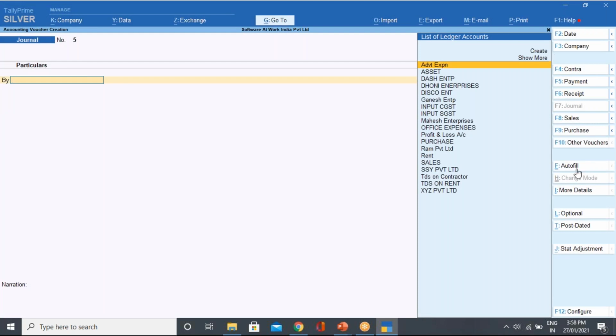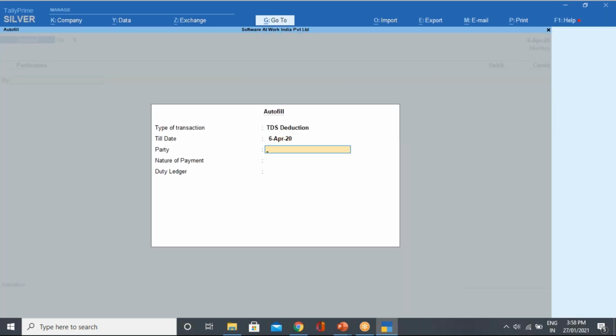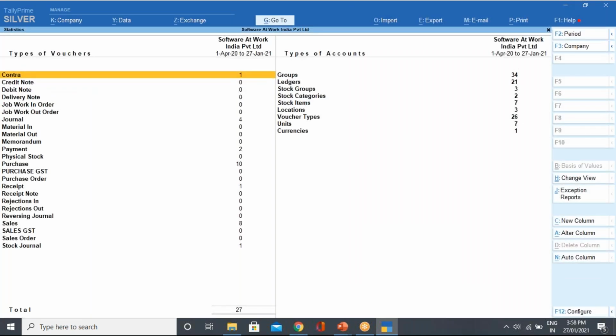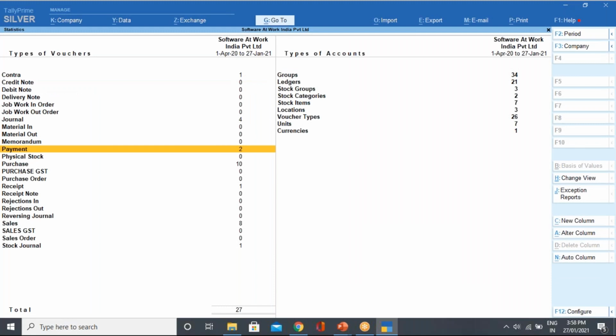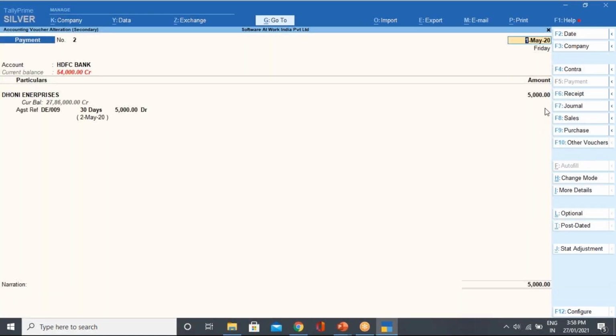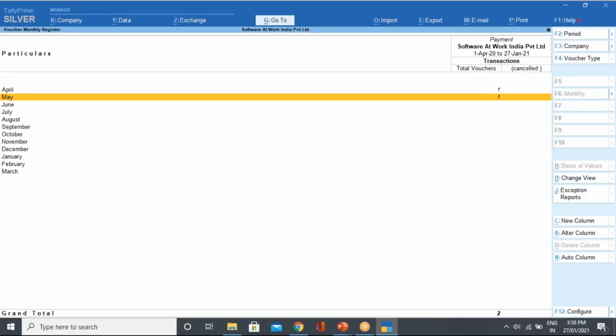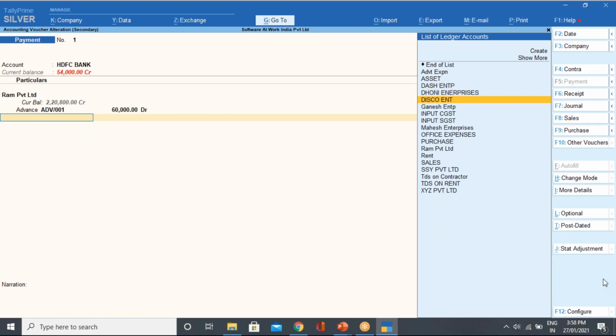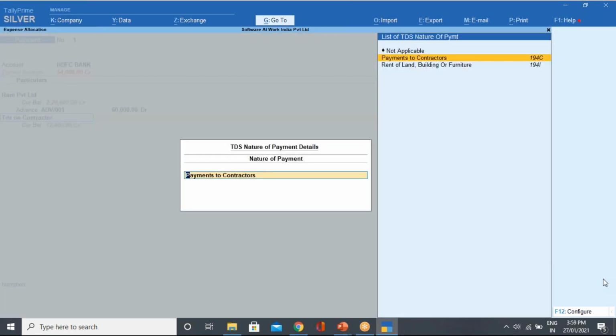On the 6th we have passed the entry. Just a second, I will again go to the party entry. I will select TDS on contractor here first.